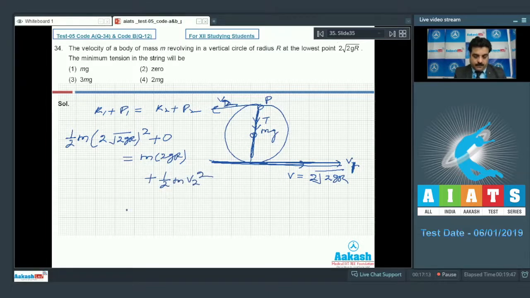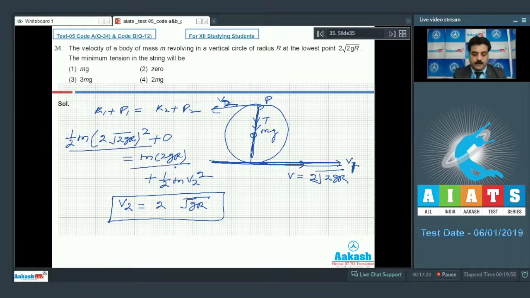So when you solve, you will get the value of v2 squared is 2gr on solving, because you need this equation. Because mass will cancel, you take the square root and get v2 as 2 root gr. Now if I go to point P once again, then you will see the tension T and